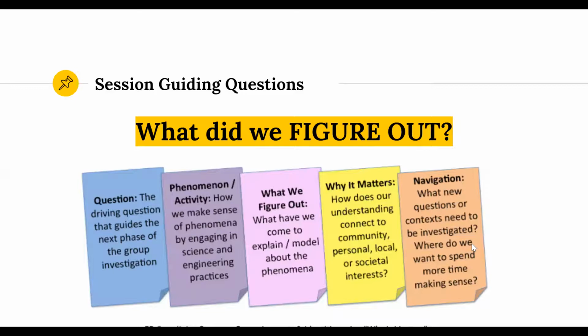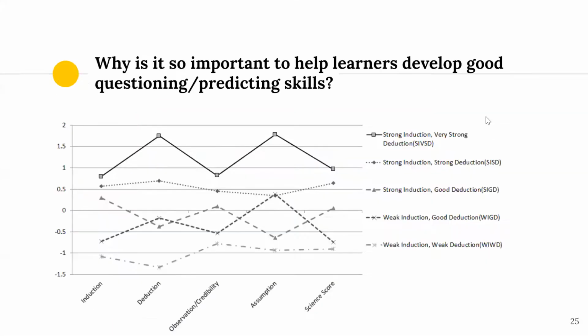So we know that we want an anchoring phenomenon or just the unit itself to have things that are community-based, sometimes personal or societal interests with them, that human impact being prevalent throughout the standards. And then figuring out the navigation, as you already did with those questions, probably starting with the causes, going to severity, and then ending with what are some of the effects and impacts. This is just a nice little structure for that.